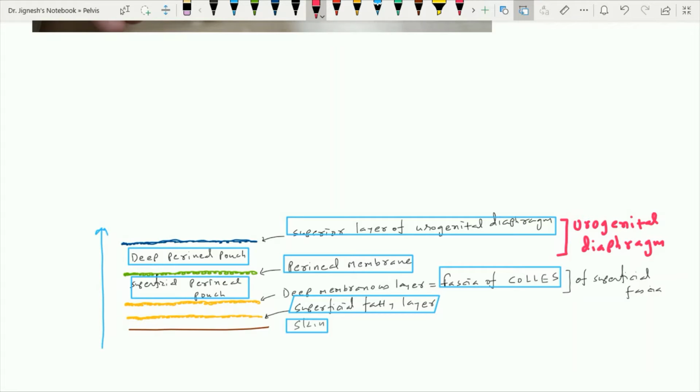So we can say that this urogenital area, or urogenital triangle, is made to prevent the prolapse of the genital organs, particularly in case of female, and it provides additional support to the pelvic diaphragm, which is present just superior to this urogenital diaphragm. But this urogenital diaphragm is present only in the anterior aspect, or we can say only in the urogenital triangle, while the pelvic diaphragm covers both the urogenital triangle as well as the anal triangle. Now let's see all these structures one by one in more detail.